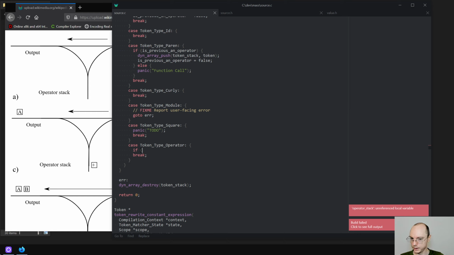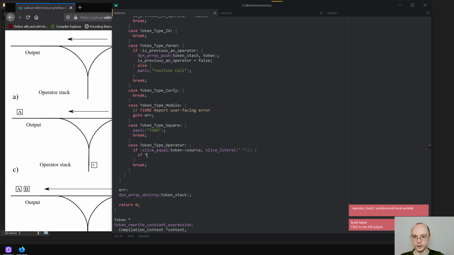And that might be a bit tricky to do, but let's do something. So if slice equal token source slice literal minus,